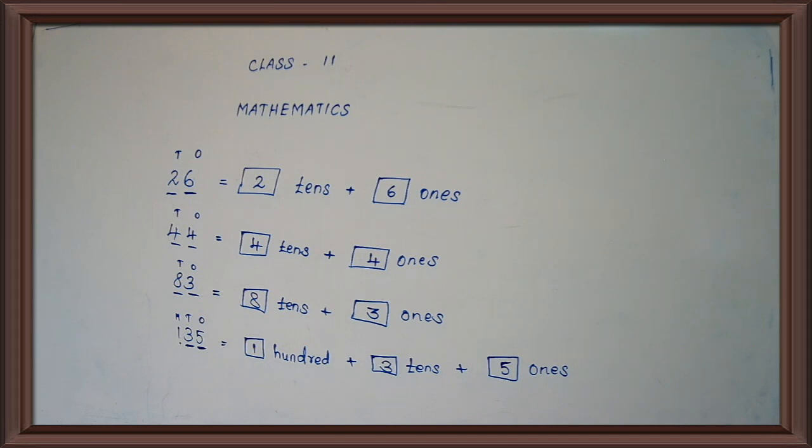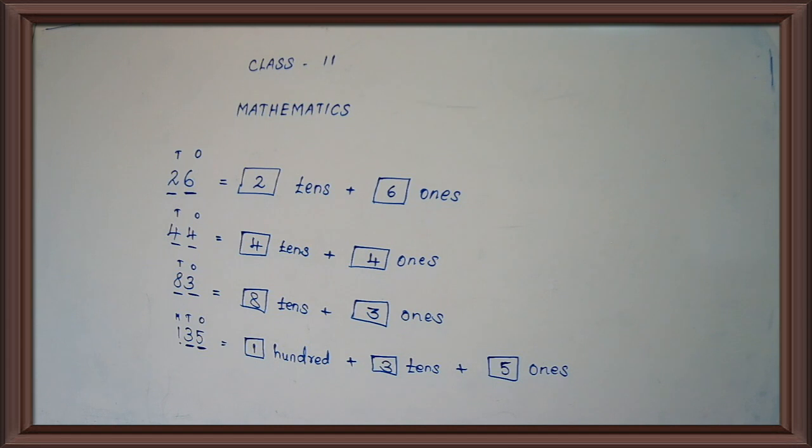Okay. 44 means you mark here ones and tens. This is the tens box, plus, and another one is the ones box. Okay. See here, how many ones are here? 4. So we want to write in the ones place 4 ones. Then how many tens? 4 tens. How many tens are here? 4. Yes or no children? Yes. So we want to write 4 tens. Okay. Then see the next one.